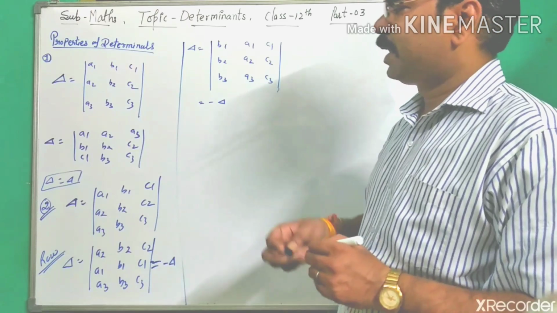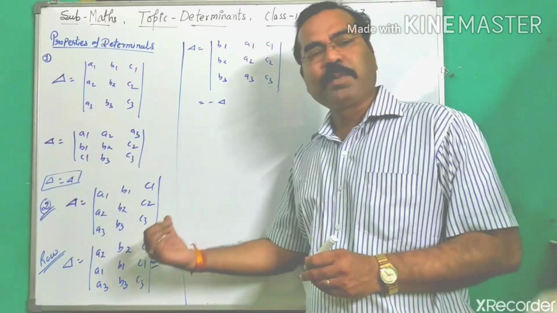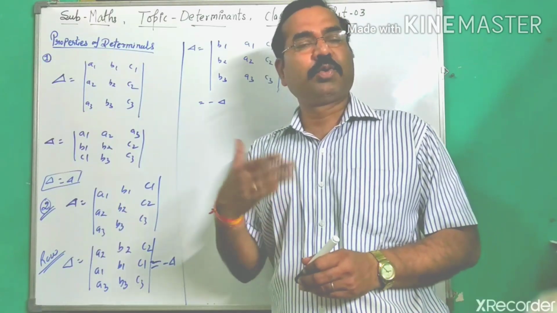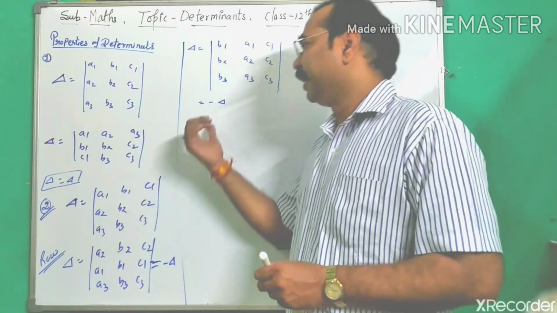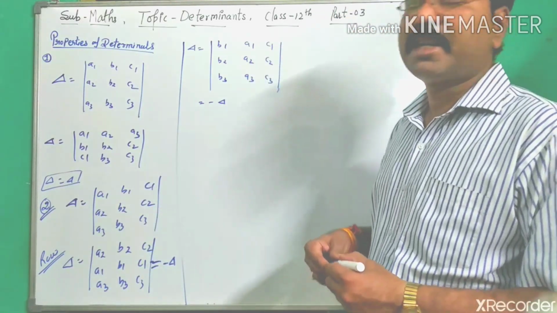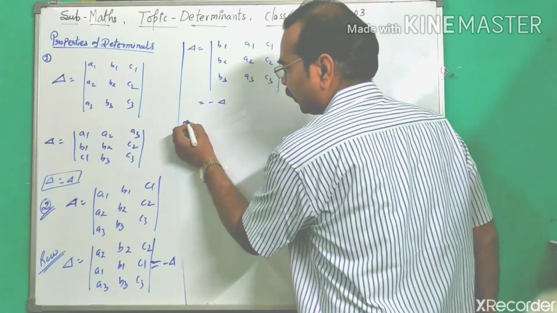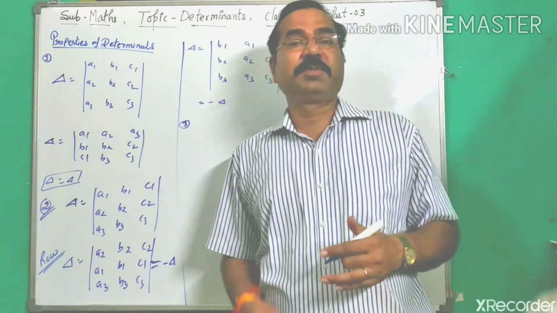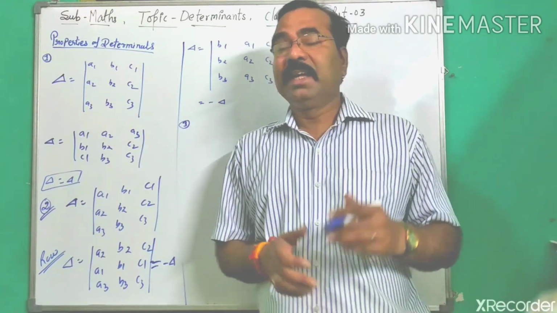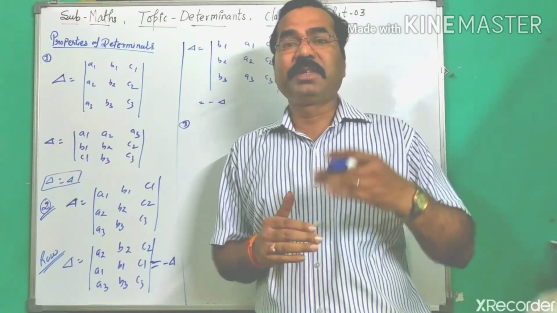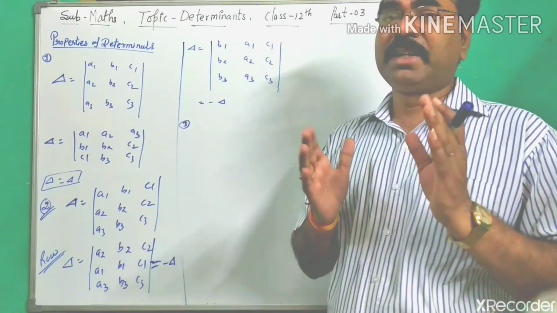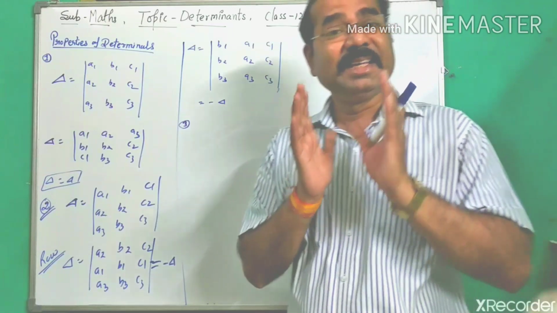Okay. Now the first property you know. The second property you have also understood: suppose we interchange row with row, or column with column, then the negative sign comes in the determinant. Now the third property. The third property is very useful. There are so many questions where we have to apply it. These are some tricks used in competitive exams. Using these tricks, you can calculate the determinant value very easily.